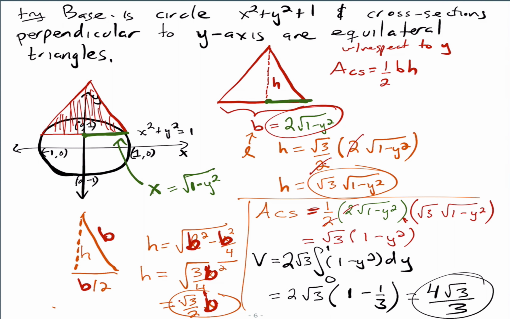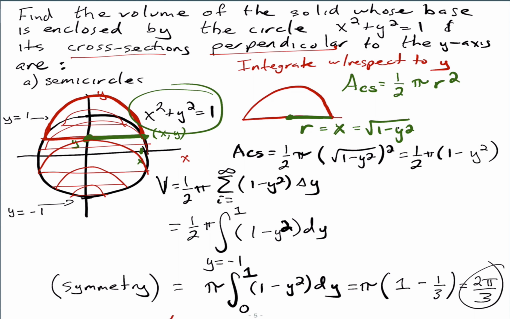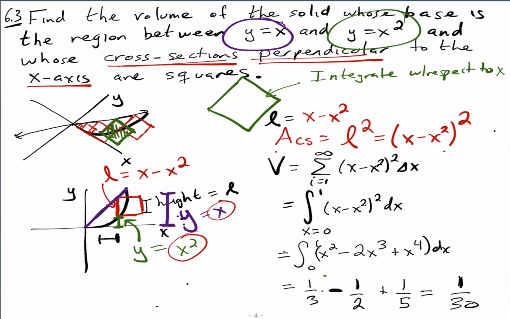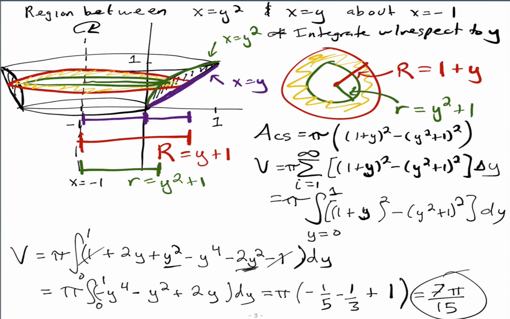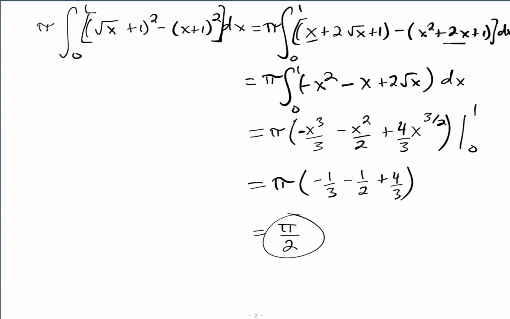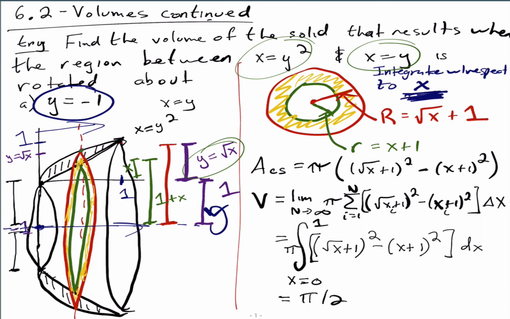Let me see. Okay, I think this might be section 6 point. Oh, just a quick question. So for the first one we did today, x equals y squared, x equals y, about y equals -1. Now say if we're finding r and we were rotating about, say, x equals 2,